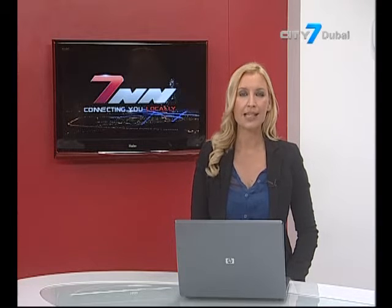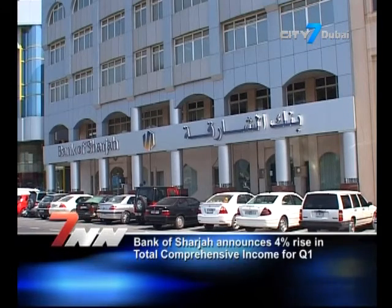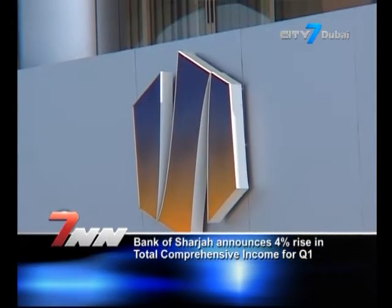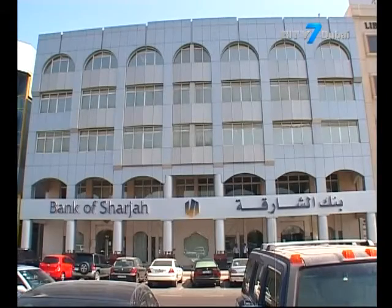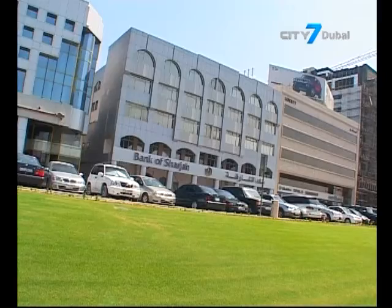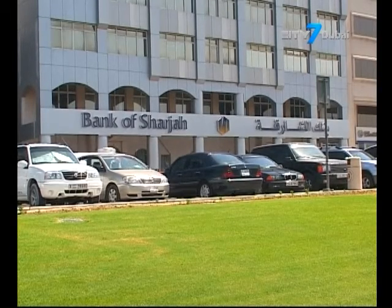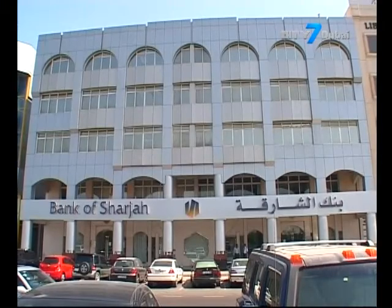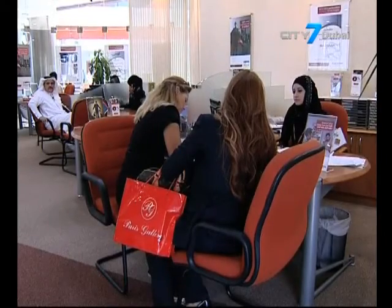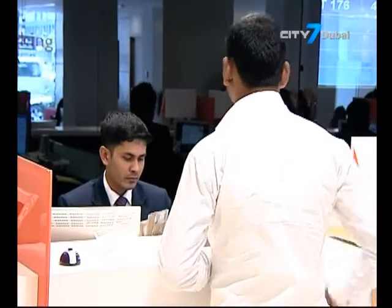Bank of Sharjah today announced a 4% rise in total comprehensive income for the first quarter of the year, reaching 77 million dirhams. Total assets reached 27,651 million, an increase of 6% over Q1 2015 and the same level of Q4 2015. Customer deposits reached 19,303 million dirhams, an increase of 3% over Q1 last year and a fall of 1% from Q4 2015. Loans and advances reached 15,402 million dirhams, up 7% from Q1 last year,